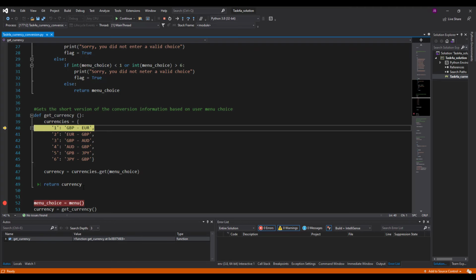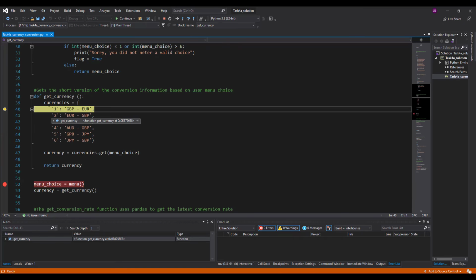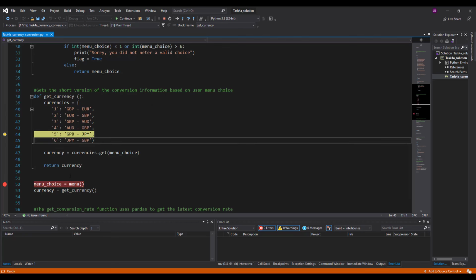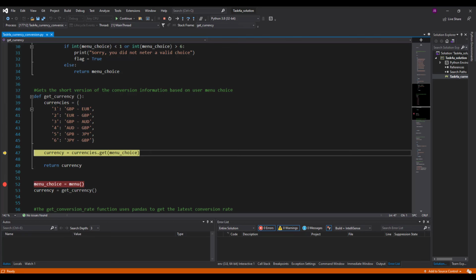So it jumps up to 38 and it runs line 39, which looks to me, with squiggly brackets, like a dictionary. And in the first position here, we've got GBP to euros, euros to pounds, pounds to Australian dollars, Australian dollars to pounds, pounds to Japanese yen, yen to pounds. So it goes through, builds the dictionary, and dictionaries have keys and values. So here's the keys, and here's the values. And this says